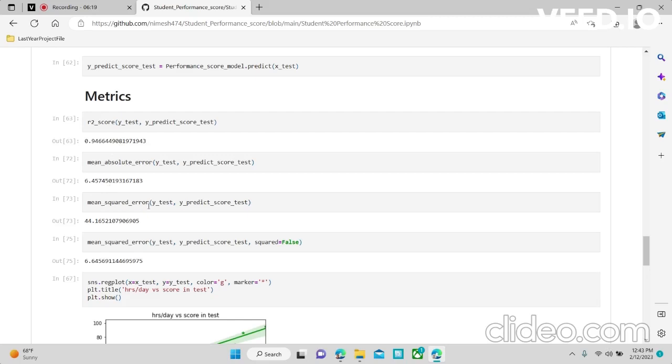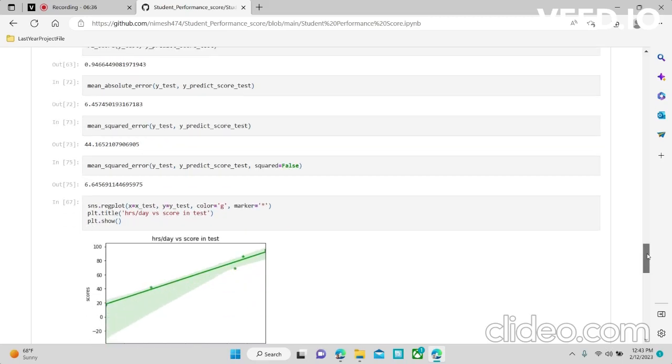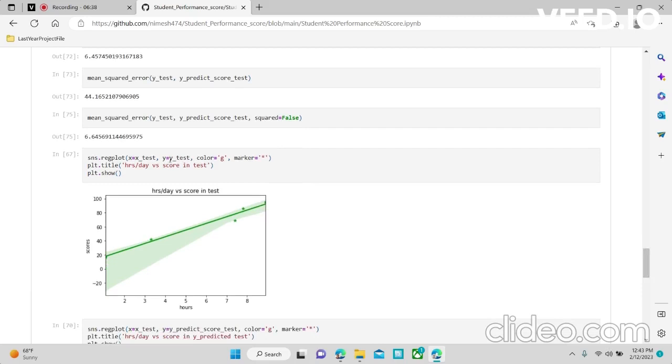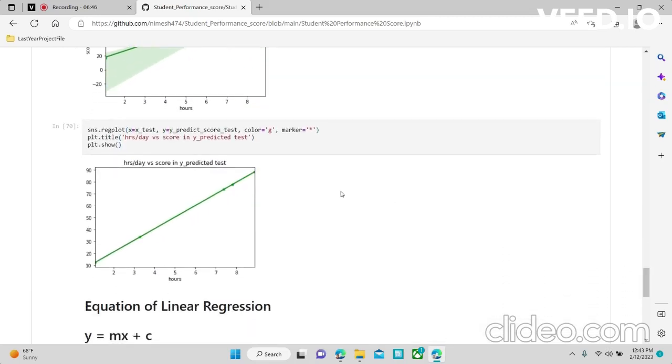After the mean squared error, which is 44.165, but this is root mean square because squared is false, so this is the value of the root mean square, that is 6.64. For the y test value and the x test, I have plotted the regression plot. After then for x test and the y predict score, again I have plotted the regression plot. Here we have the five data,